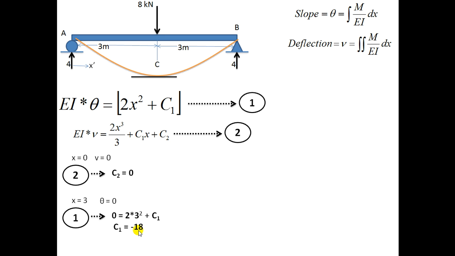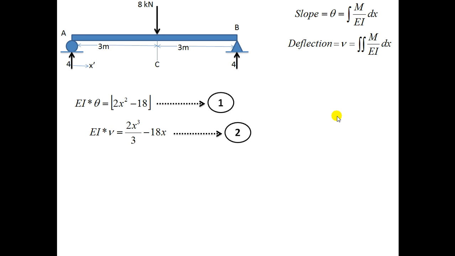Putting C1 and C2 in equations 1 and 2, we will get these equations which are free from C1 and C2 terms. And now I will use this equation for finding the slope and this equation for finding the deflection